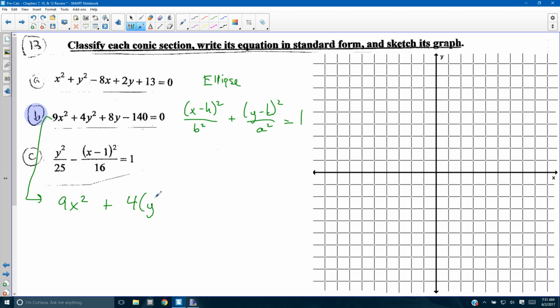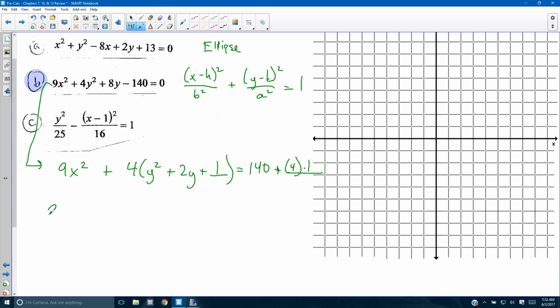Let's go ahead and factor out the 4, make us a 1y squared so we can complete this square inside. I'm going to add the 140 to the other side, and I'm going to add the same thing over here that I added right here, and that was times 4. So this will be 4 times that number. y squared plus 2y, this will be plus 1, divided by 2 squared. This will be a 1 over here times 4, add 4, add 4. So now we have 9x squared plus 4 times (y plus 1) quantity squared, that's what that factors down to, equals apparently 144. To get this in that perfect elliptical form now, let's divide everything by 144